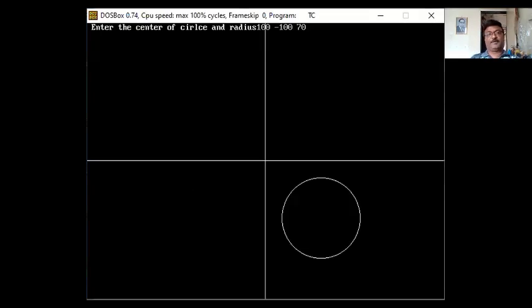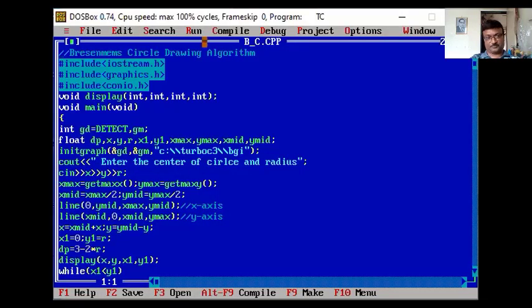So this is the way you can execute the program, the Bresenham circle drawing algorithm, on all axes. Because the user has that much freedom, they can put the center in both positive values, both negative values, or one positive and another negative. You are the programmer, you have to modify this program as per the values the user enters. So has everybody understood it? Turn on your mic and tell me, or is there any question regarding this?